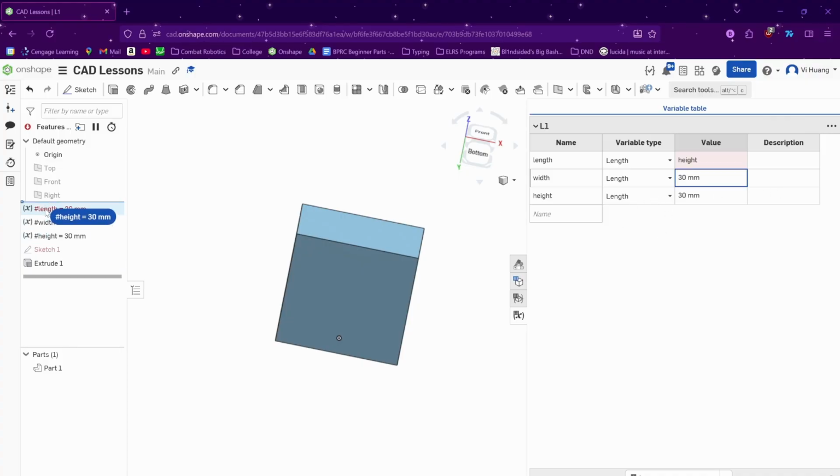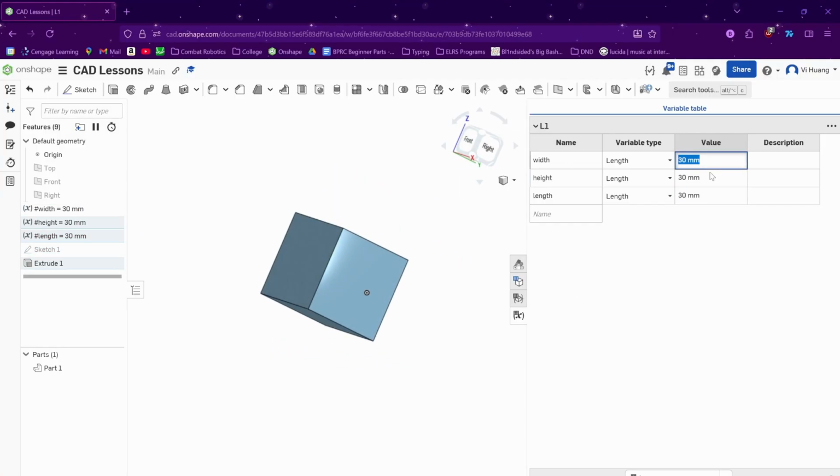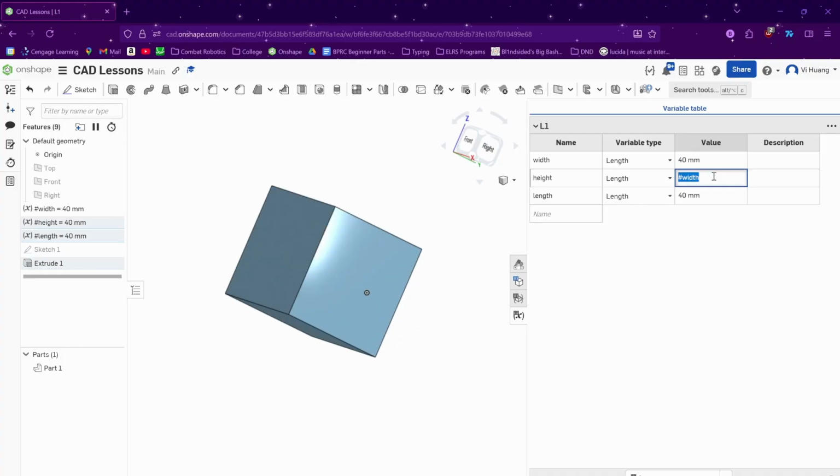However, if we were to move length to the bottom of the timeline, suddenly height is now definable because it is higher up inside of the timeline. And now, whenever we update width, the change propagates